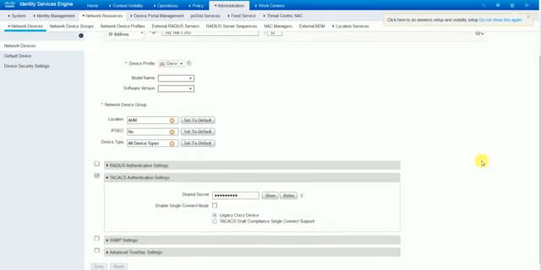Then one more thing you need to configure here is the TACACS+ authentication settings. So you need to create a shared secret. The same shared secret we need to apply on the switch. So basically the switch will get authenticated and you can do the configuration related to TACACS+. Once this is done,